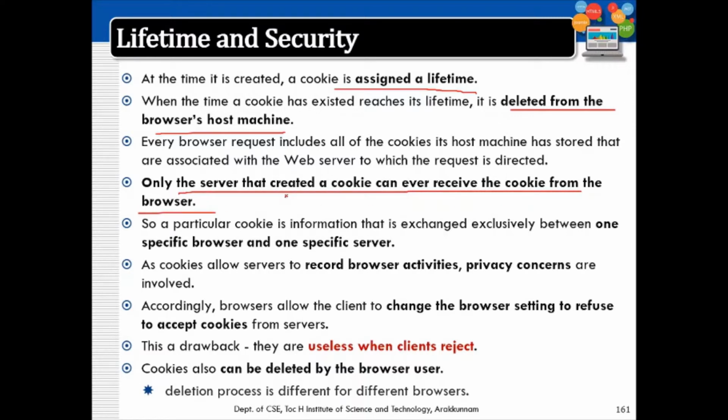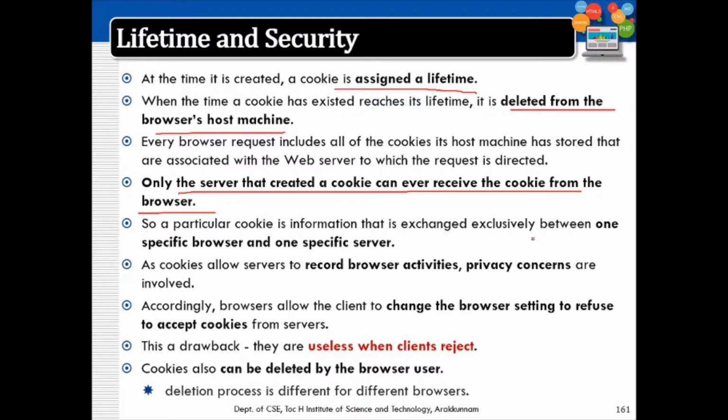Suppose you first visit W3Schools; they will store some cookies in my system, and the second time when you revisit the page, the W3Schools server will identify you as a user. Only that server can access that cookie. No other servers can access the cookie stored by other servers.